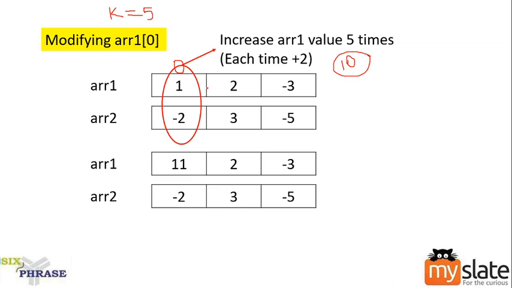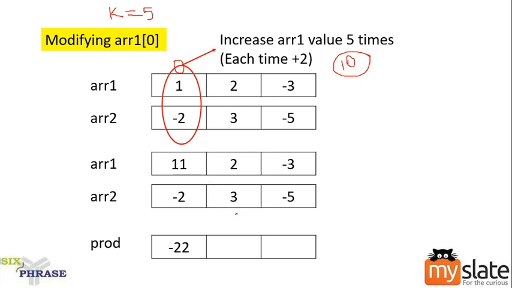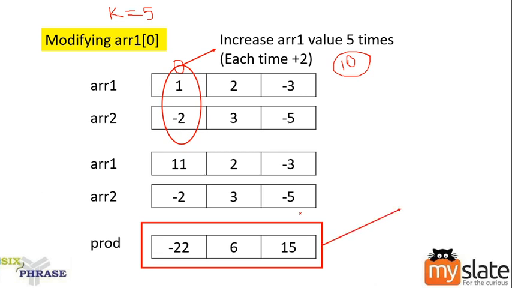The same thing. So now sum of product of two arrays. Remember, that is what you should find. Sum of product of two arrays. So what is the product of these two arrays? 11 into minus 2 is minus 22. 2 into 3 is 6. Minus 3 into minus 5 is 15, plus 15. Right? So I have the product. Add the three products. When you add the three products, your sum value will be minus 1. Okay. Remember, originally your sum value was 19. From 19, currently I have minus 1.